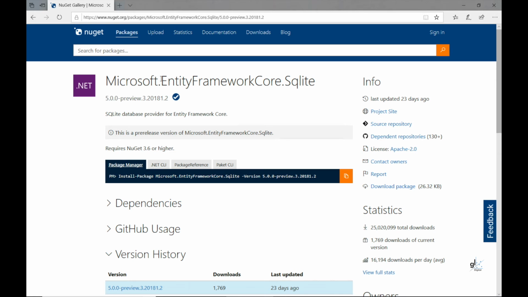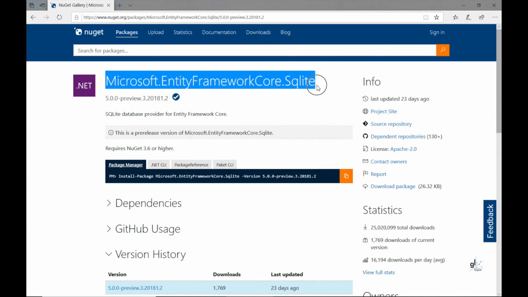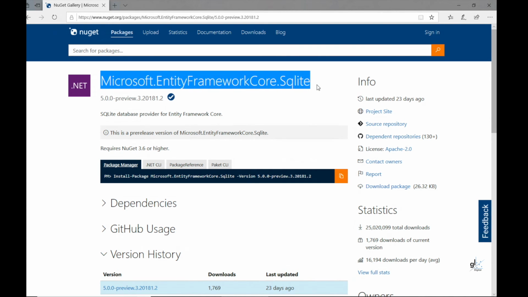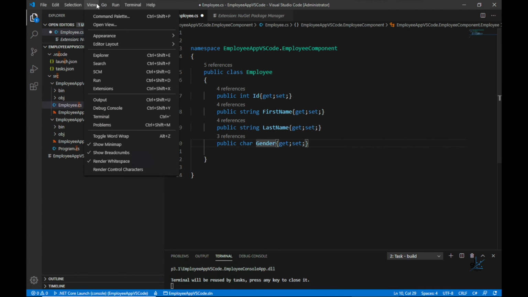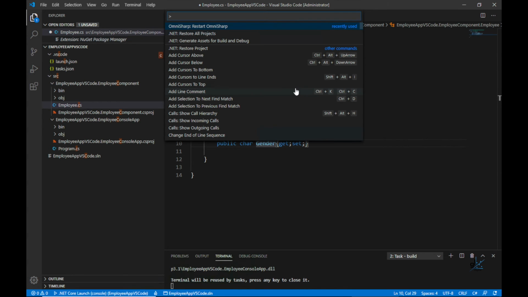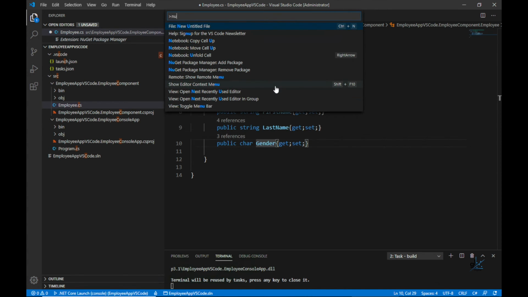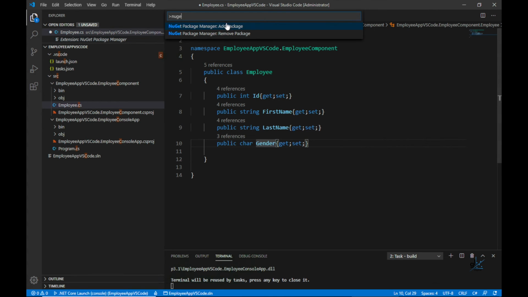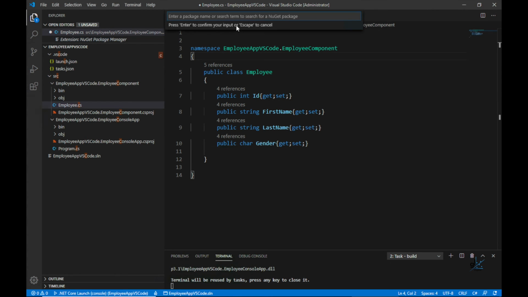Let's then copy the name of the relevant NuGet package to our clipboards. And then let's invoke the command palette from within Visual Studio Code by clicking the View menu item and then the Command Palette submenu item. Then within the relevant text box, let's type NuGet. Then let's select the NuGet Package Manager: Add Package item. And then within the next prompt that contains the prompt text, enter the name or search for a NuGet package, let's paste the name of the relevant NuGet package, namely